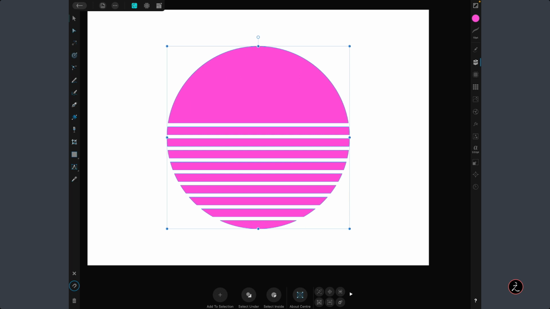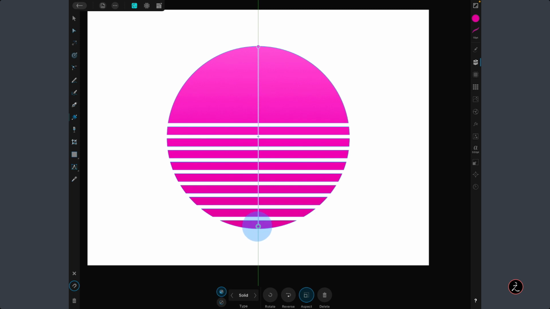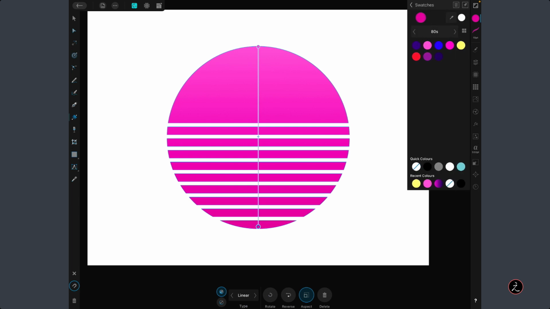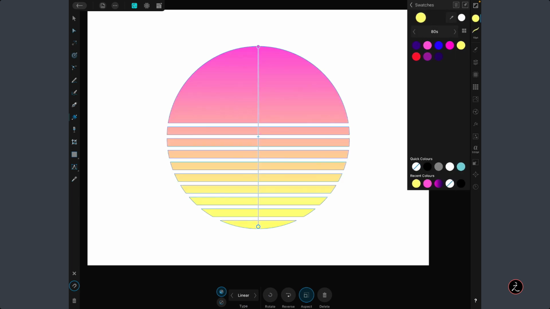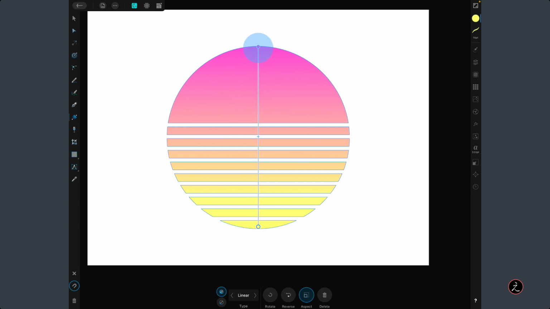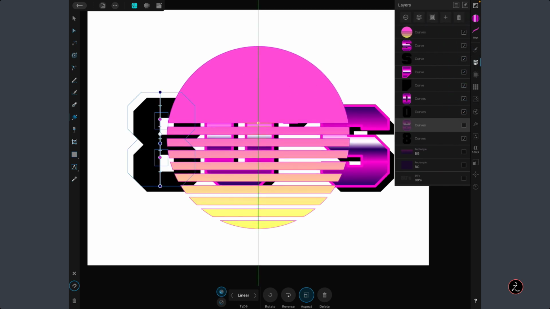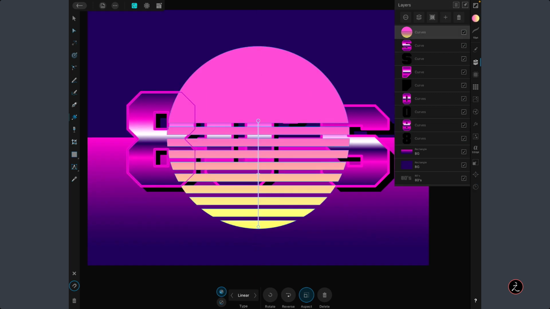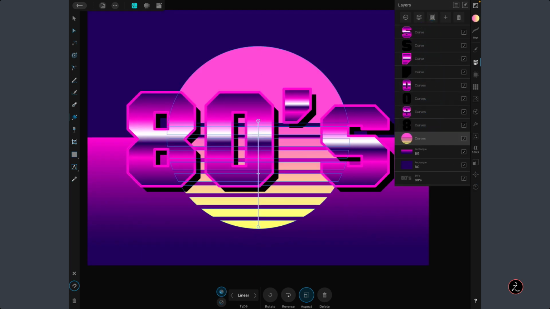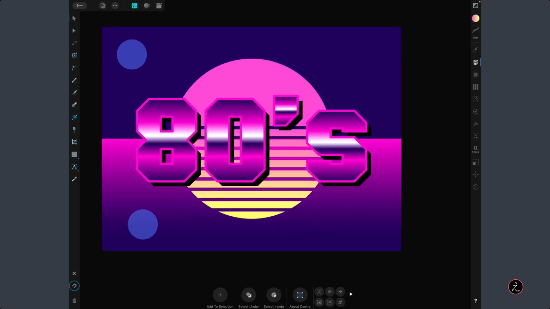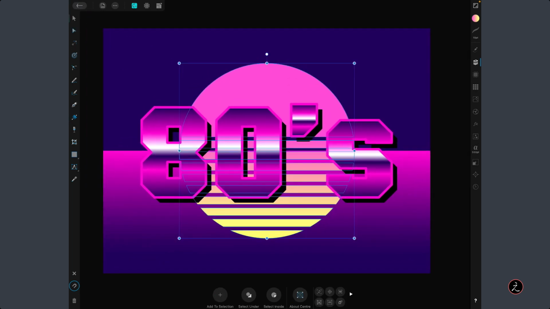Now in this case, I will grab again the fill tool and create another gradient. I'll make sure that this is a linear gradient. For this color stop, I'm just going to use this yellow color, which I'm probably going to bring a little lower. Okay, let's also look at the rest of these curves here. I will tap and hold to bring this under all of these numbers. All right, let's see how this looks. That looks pretty good, right?